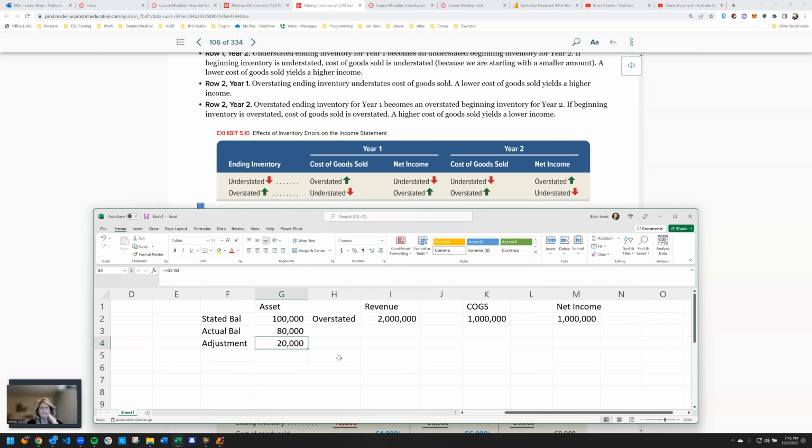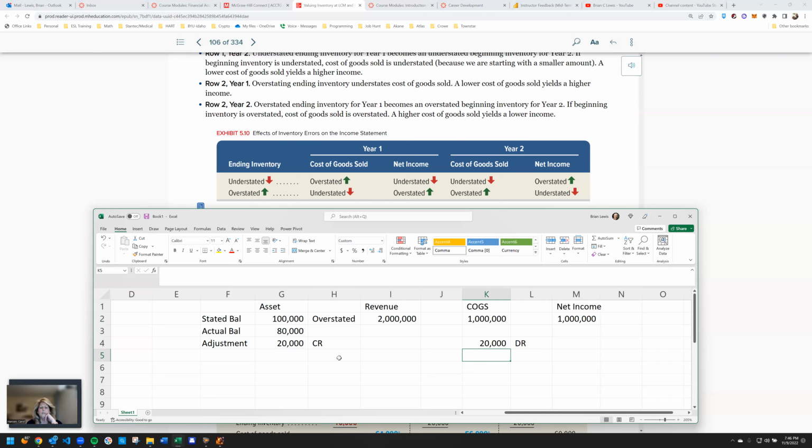Is it a debit, a credit, whatever, right? To decrease the value from what it's stated to here, you're effectively doing a credit to the inventory, right? That means the opposite side would be a $20,000 debit,